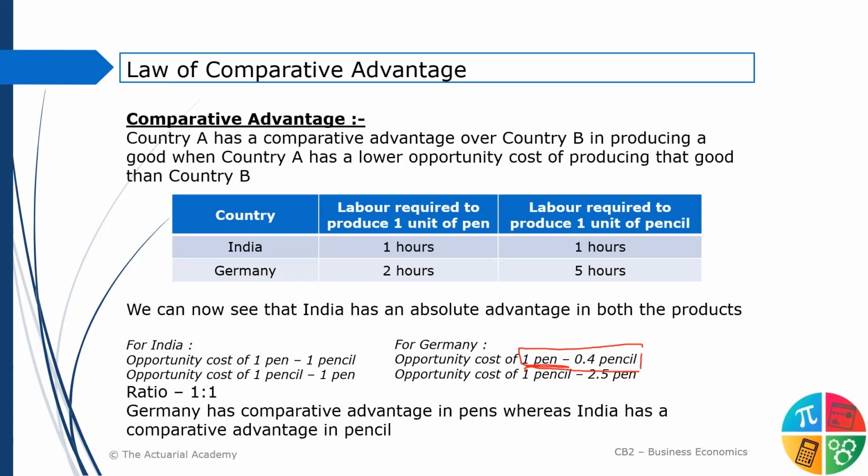एक पेन के सामने जर्मनी इज जस्ट प्रोड्यूसिंग 0.4 पेंसिल्स, वो खुद इतना प्रोड्यूस कर रही है, तो उससे तो वो ज्यादा ही एक्सपेक्ट करेगी. So for Germany, for one pen, the ratio should be at least greater than 0.4 of the pencils. Greater than, and whatever India is expecting the trade conditions, 0.4 से तो ज़्यादा ही मिलना चाहिए, because 0.4 वो खुद उतना बनाती है. In case of India,